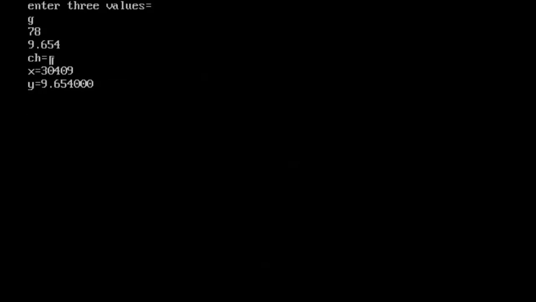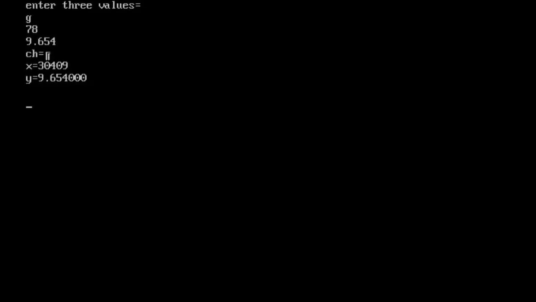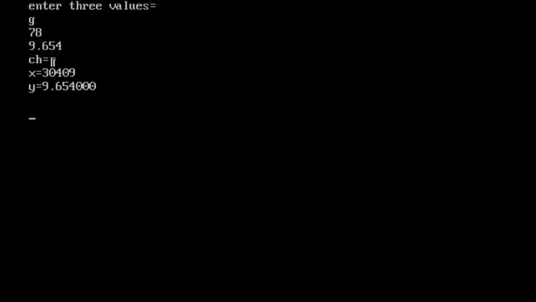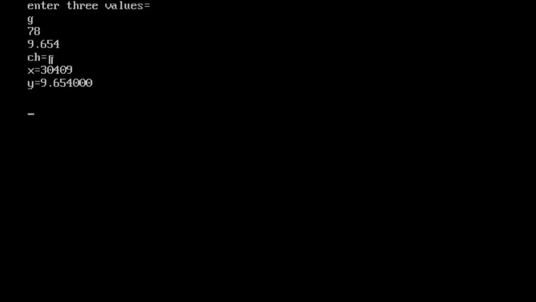Here you can see friends, ch is printed as a garbage value and x is printed as 30409, but we entered the value 78, so that is overwritten, and ch we entered G, that is also overwritten. The last value we entered is 9.654, so that remains. You can see in the output that only 9.654 is available.